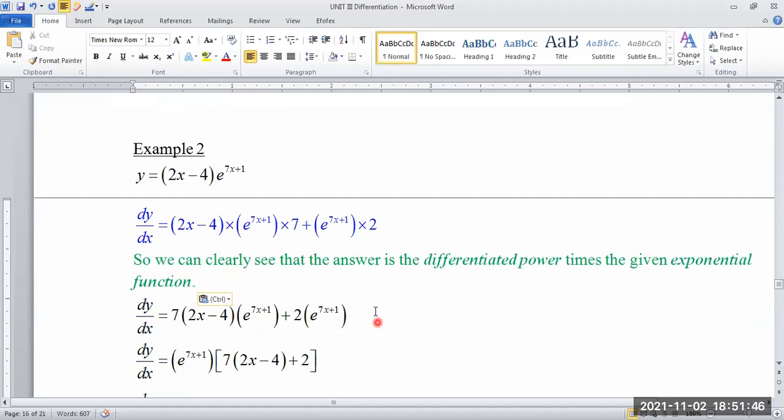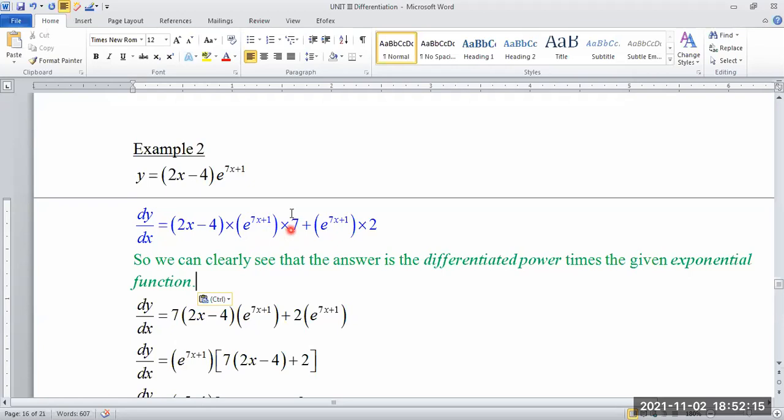All right, I don't know if this fits right here, but let's go. The first times the differentiation of the second. The differential of e to the x is e to the x times the differential of the function up top. Because the differential of e to the x is e to the x. So what do I mean by that? The differential of the exponential function is the exponential function itself. So when we differentiate the exponential function, I'm going to write it back. See it right here, so. This piece right here is written back right here.